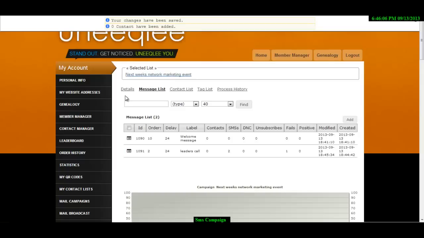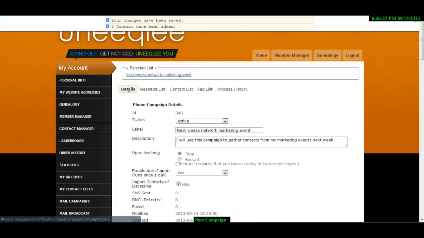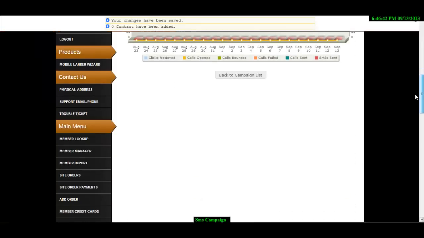Now one more point of interest for you guys is that if you want to edit any of the text in one of these messages, you would have to go in to your details and once again click and select it as inactive and save it before you do any editing, and then go back into the details, select active, and press save before it goes live again. And that's it, guys. That is how you create and edit an SMS campaign and create the messages that go out to your members. I hope this has helped,